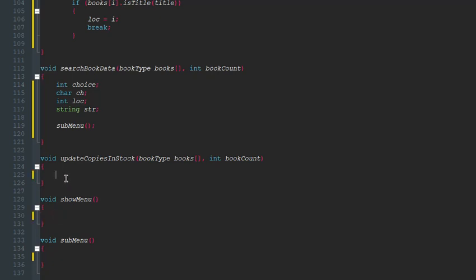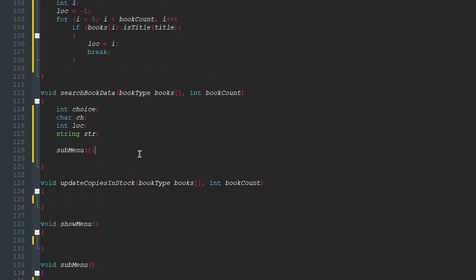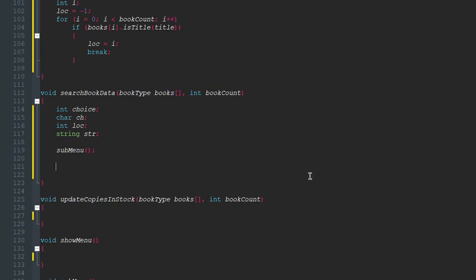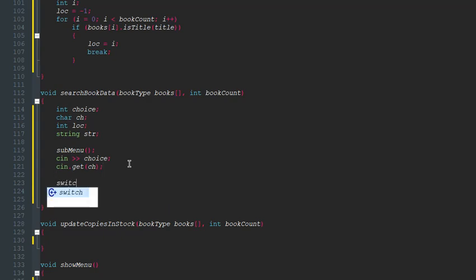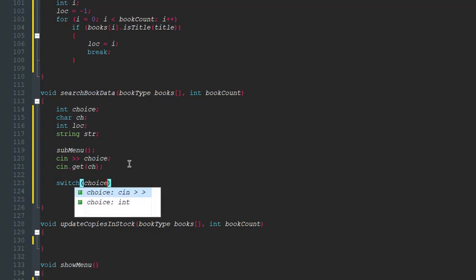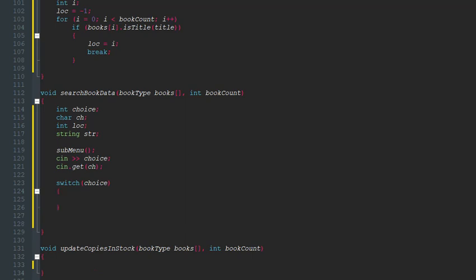And now this submenu is basically going to give them some options, and we're going to, of course, take that choice as input, and then after taking that choice as input, we're going to go to the next line, and then we're going to have a switch statement using choice as our decision maker. And now, as case 1, we're going to search for it by the ISBN of the book. So we're going to have case 1,